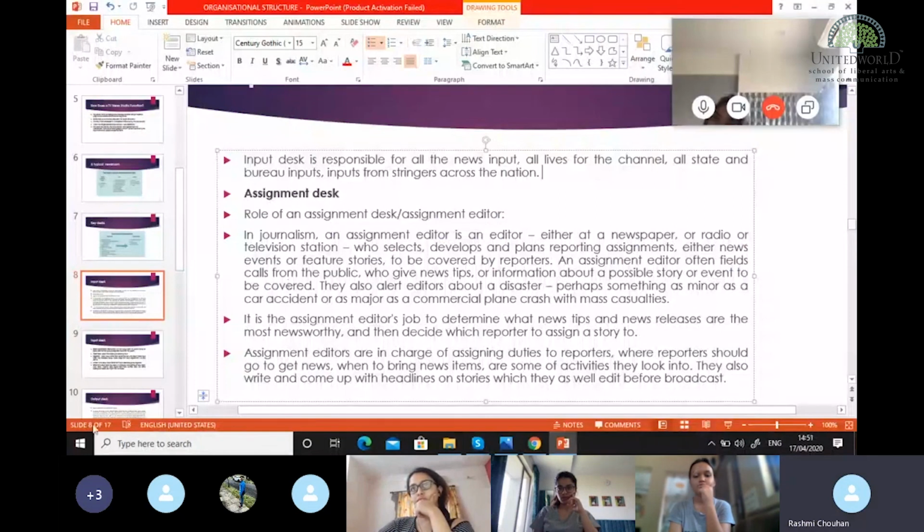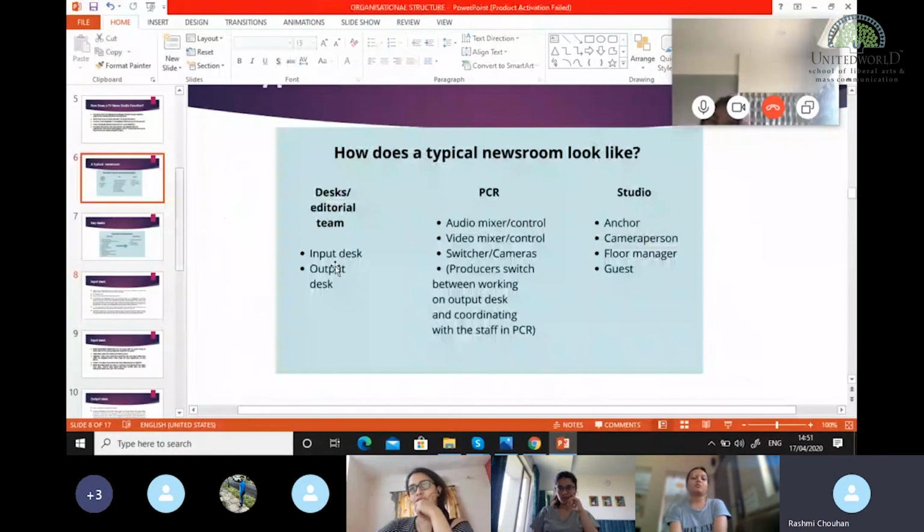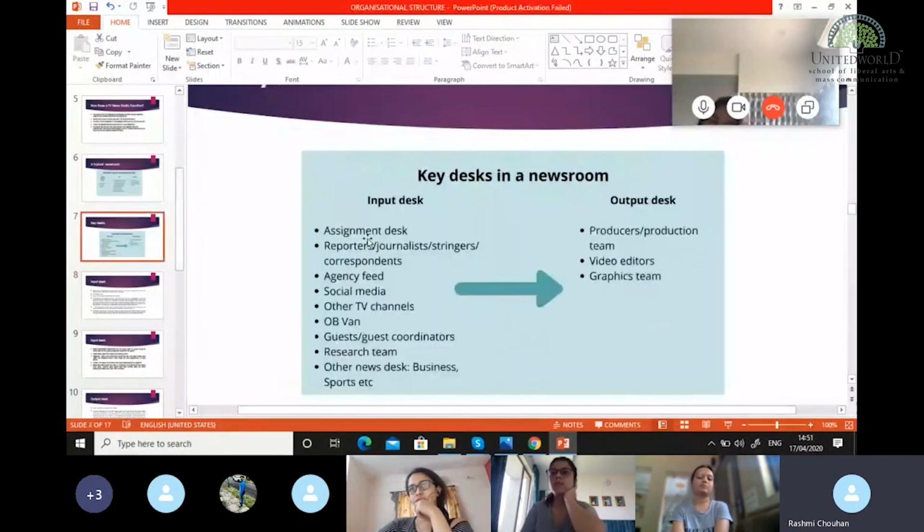Yes. So as I spoke about input desk, I again go back to the chart and see input desk. The first thing I have written is assignment